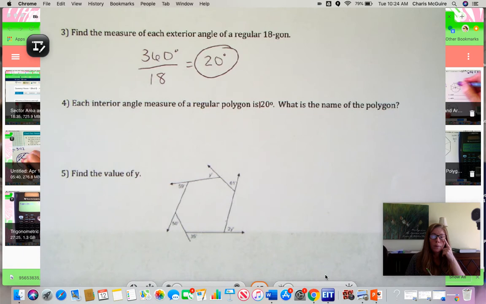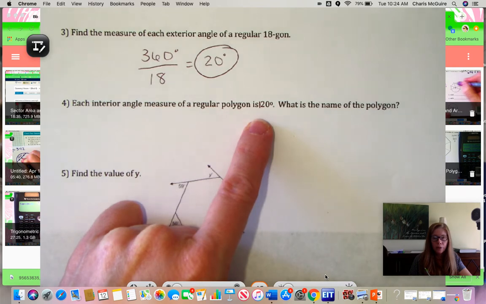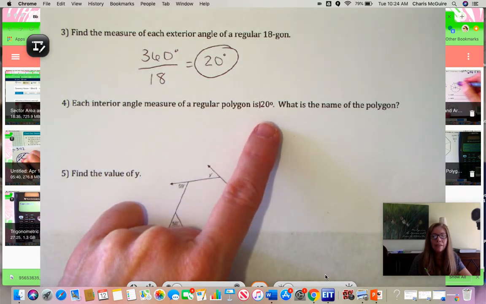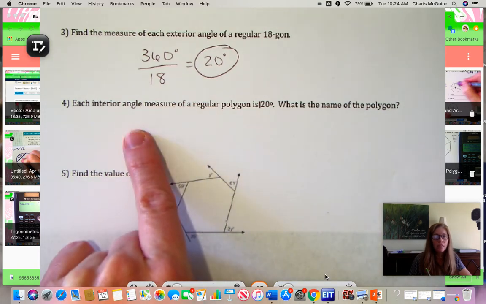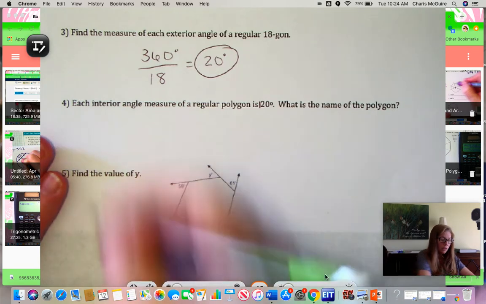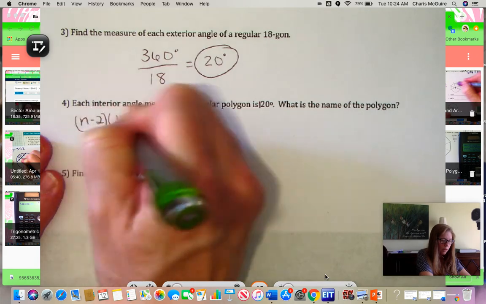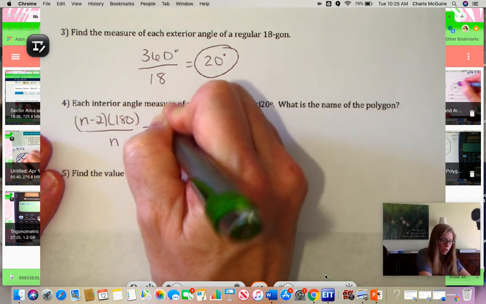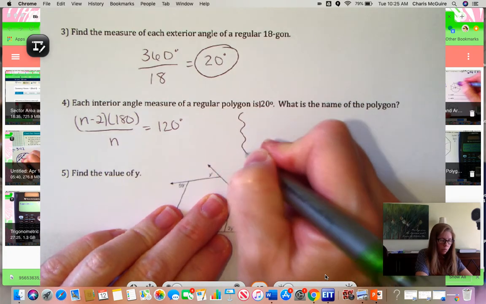All right, number 4. My number 4 had a typo Mrs. McGuire made, but yours should be fine. It says each interior angle of a regular polygon is 120 degrees. What is the name of the polygon? So this is each interior angle. So you could do this way. You could do n minus 2 times 180 divided by n equals 120 degrees. That's the first way, and you can solve for n and get your answer,